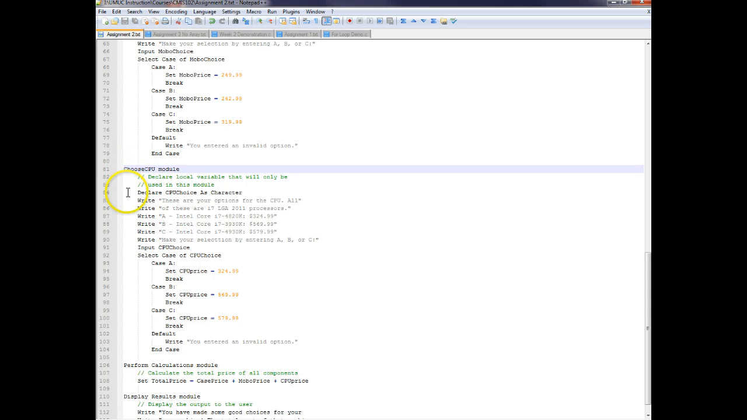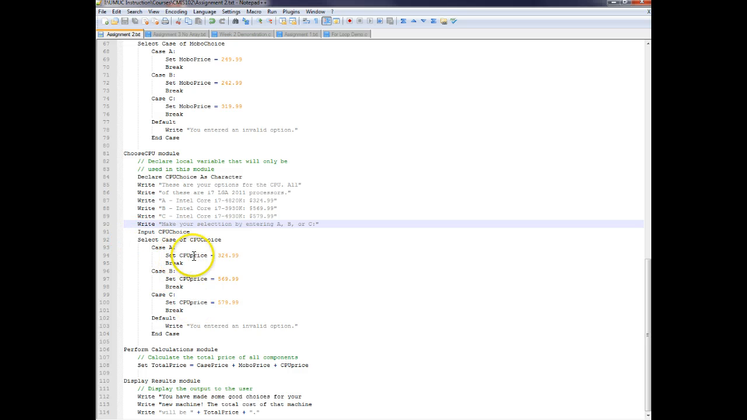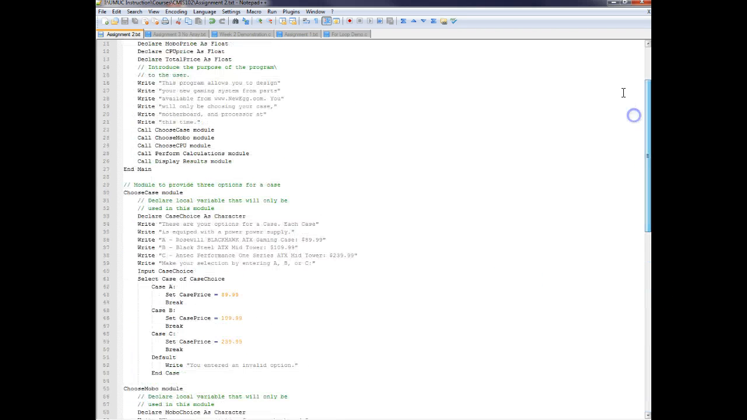which is here, and is going to once again declare the CPU choice variable as a character, give instruction to the user, and is going to instruct the user to make the selection, and hopefully your selection is spelled properly. Mine isn't. Choose A, B, or C, and then it's going to set the CPU price to the value according to the selection by the user, and then it's going to exit that module and go back up to this part in main, and then go to the next module,